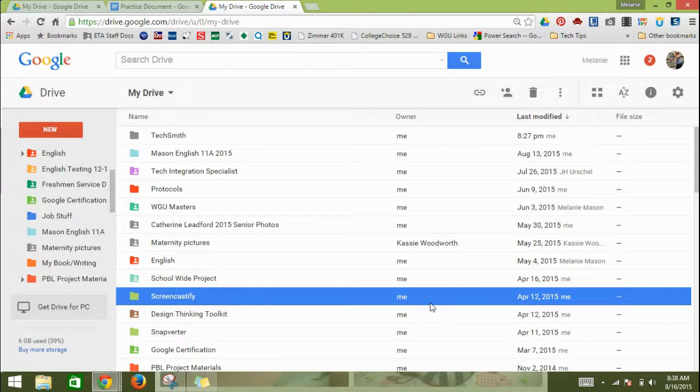Okay, so what I want to go over today is how to create a collaborative folder as well as collaborative documents. It's a little bit of a shortcut, an easier way to do it rather than creating multiple documents and having to share each document with your group members every time you want to work on something. So this is how we'll share documents for group work in my class, but it may be a little bit